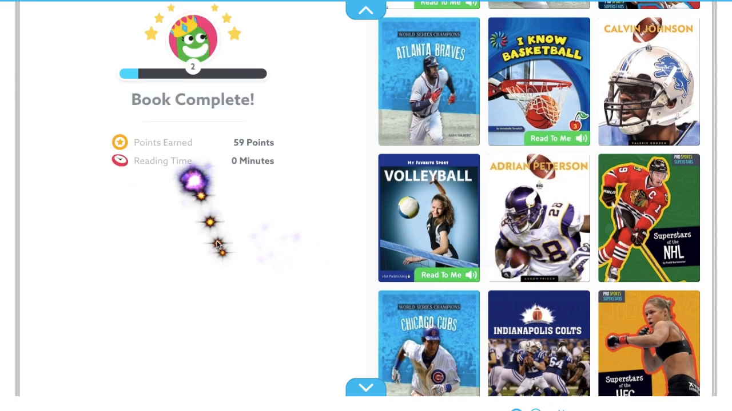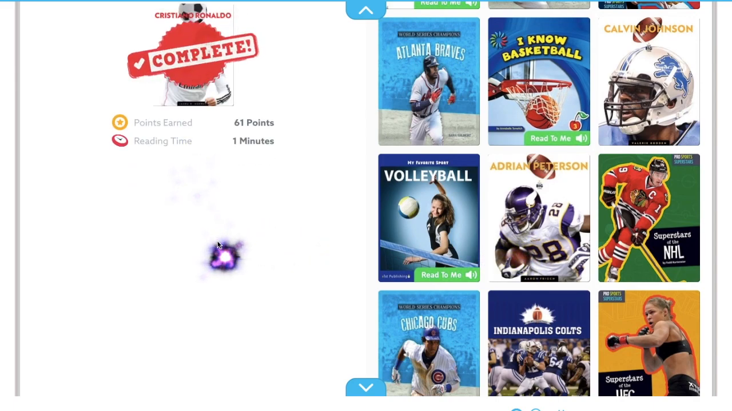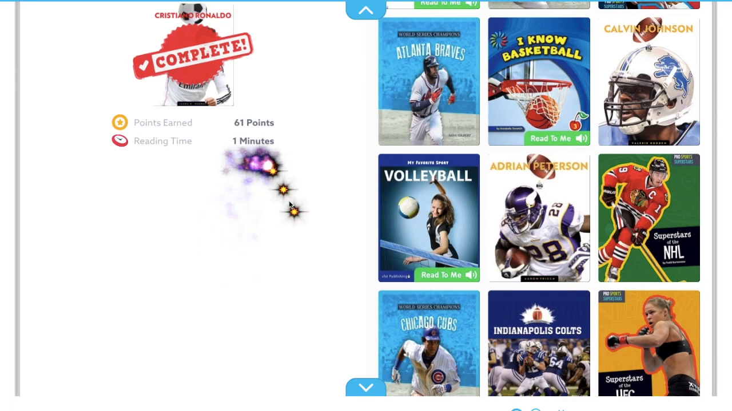So we've read the sports books, there's lots of other sports books on the side. And then here you can see how many points you've earned for completing this book and how long it was. So it was only a minute because I flicked through, but obviously when you read it properly, it will show